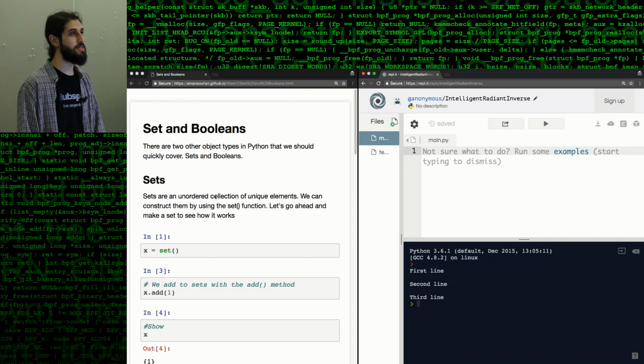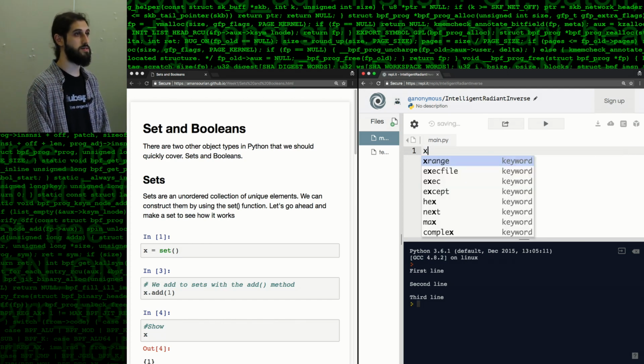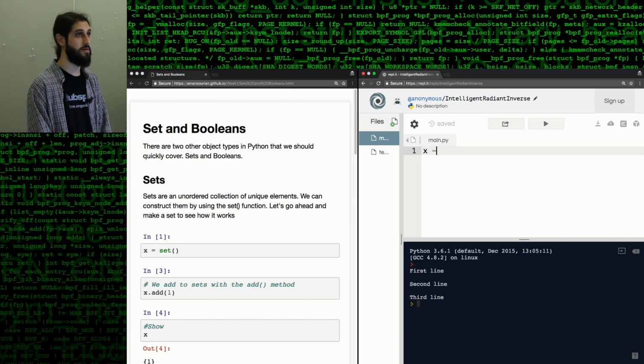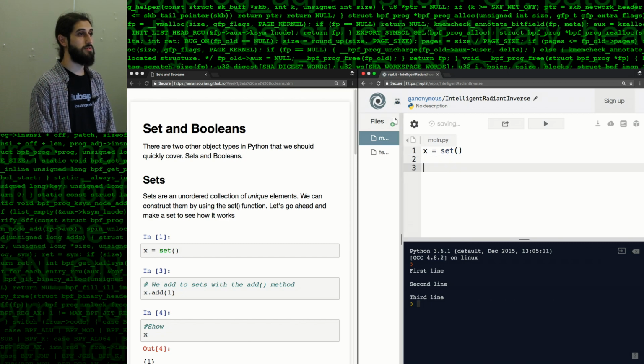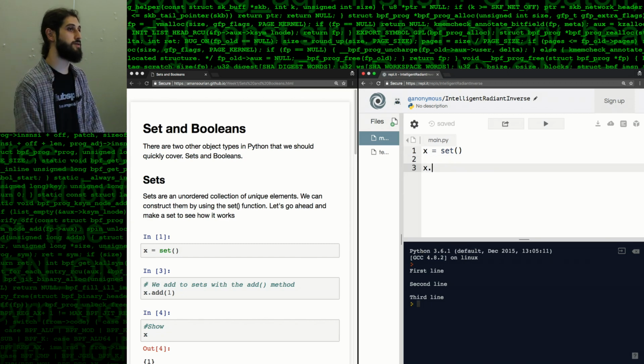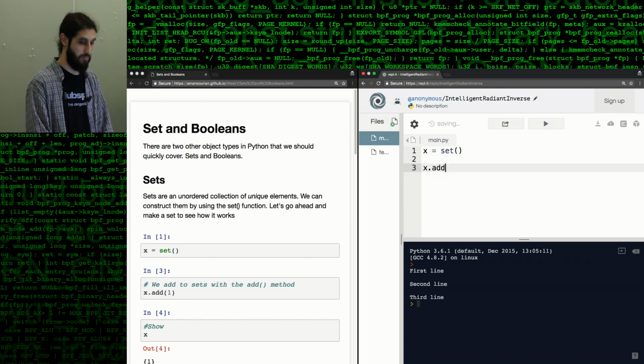So what sets are is they're a bit like a list, but they are unique elements. So for example, if I were to create a set, and this would be an empty set. I haven't put anything in there yet. And then I want to add, so there's an add function for sets. So I would just say add 1. And what this would do is it would add the integer 1 into my set. So now when I print my set,